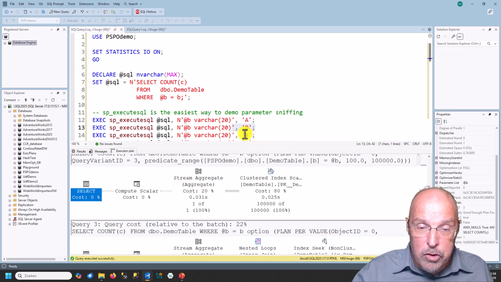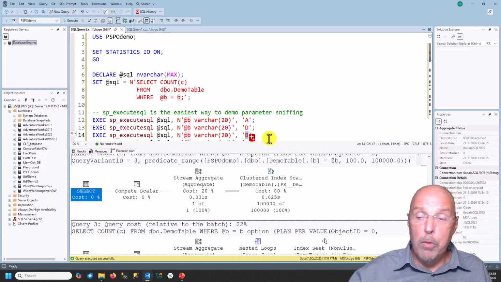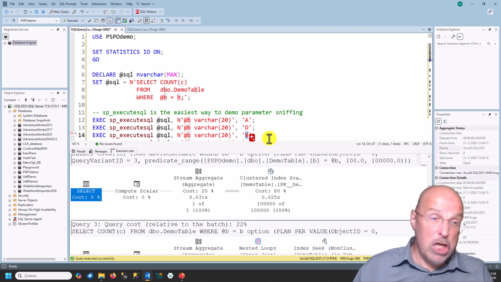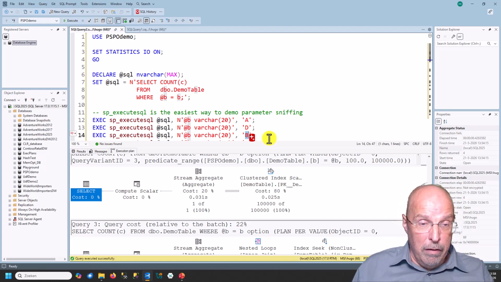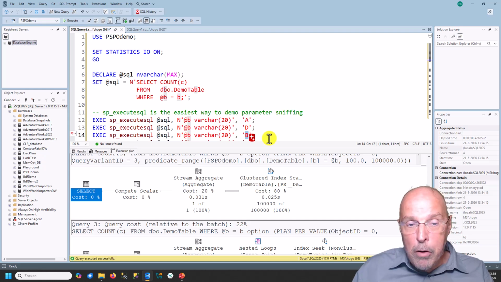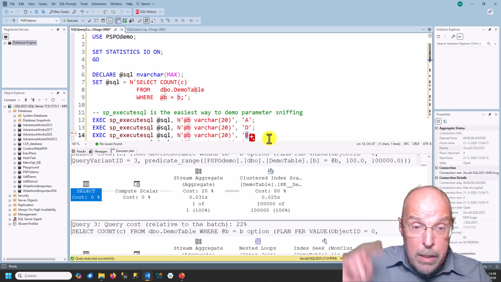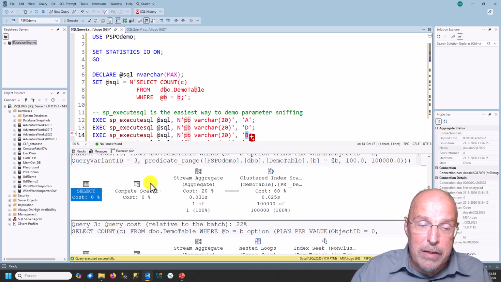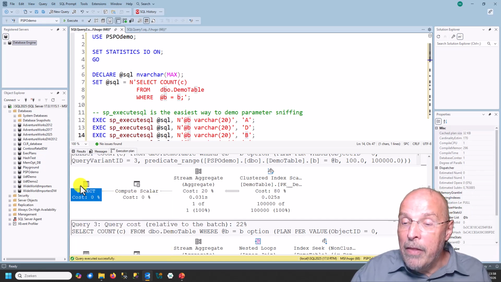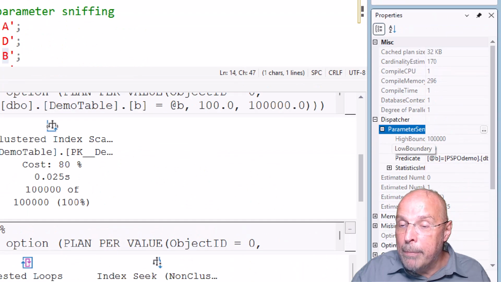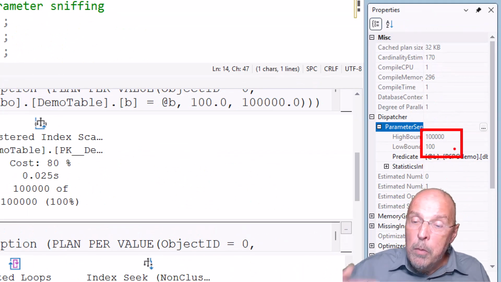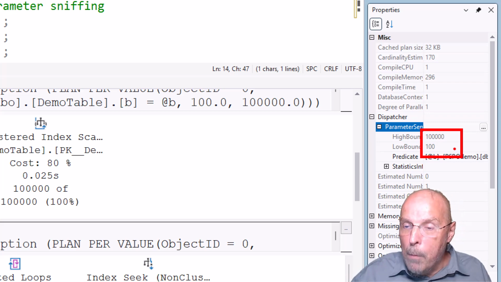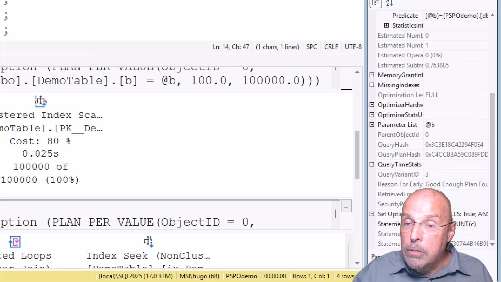The third execution uses the value b. Once more, the dispatcher plan says check how many rows have column b equal to b. The statistics object, the histogram, says that is going to be 100, and that means that we are between, remember, the low bound and the high bound, 100 and 100,000. We are at or above the low bound, so this is the medium range, and indeed when I scroll down you will see that